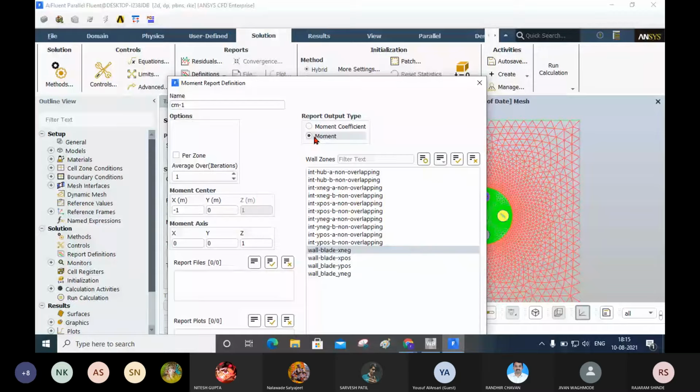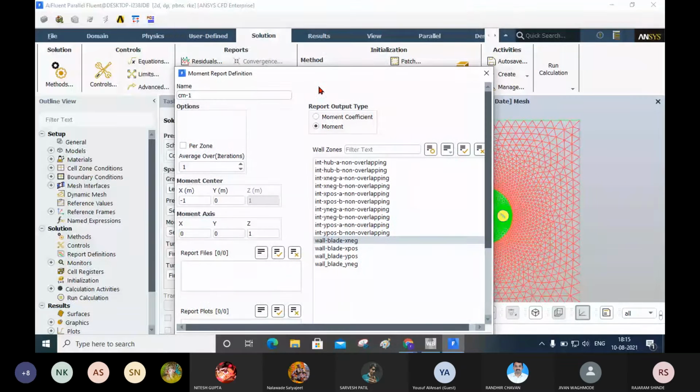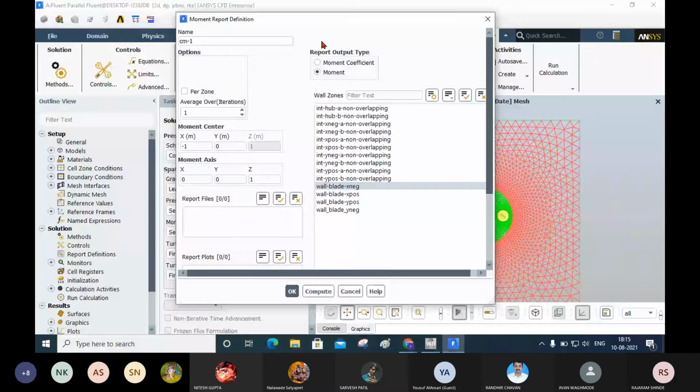Now after that you select report file and report plot. You can select only report plot, or only report file also. That is sufficient. Now I will click OK.